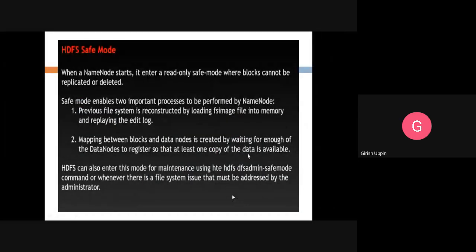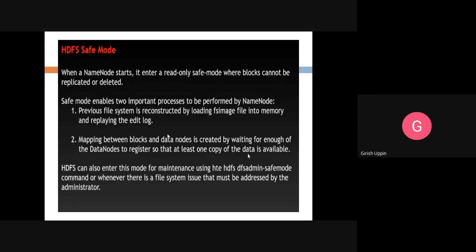So whenever the name node starts, it will start in safe mode. Safe mode is the read-only mode where replication, creation or deletion of the blocks will not happen. There are certain important processes that have to be executed as soon as the name node starts.